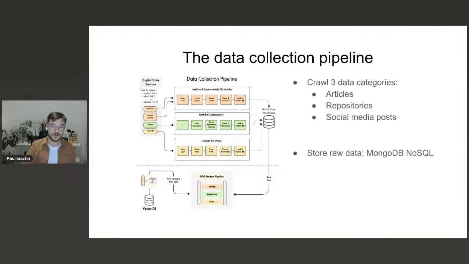For example, if you want to change some part of your feature engineering or add some extra stuff, you have all your raw data, which you can access really easily, and you can recompute everything from scratch. Because if you rely only on these ETL pipelines that crawl data, the internet is a moving system and you never guarantee that you have access to that data anymore, or at least in the same format.